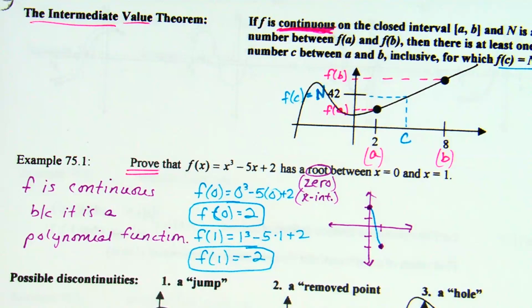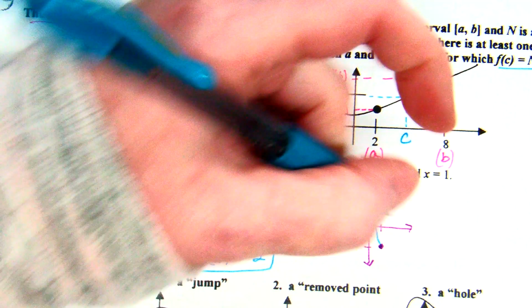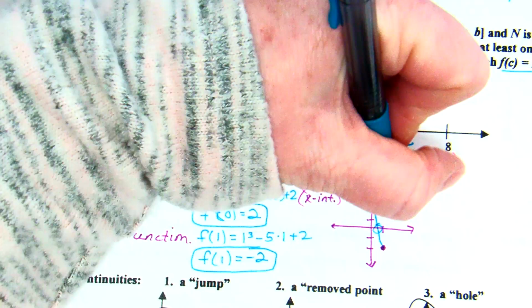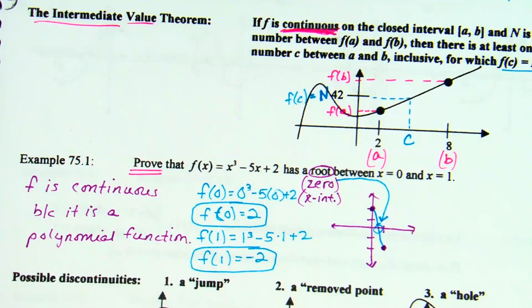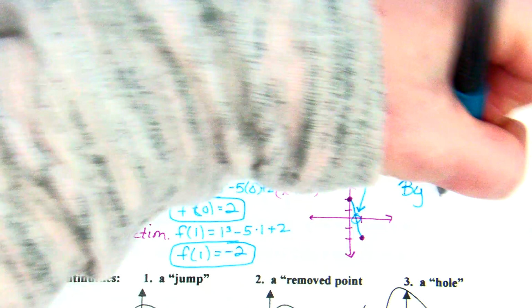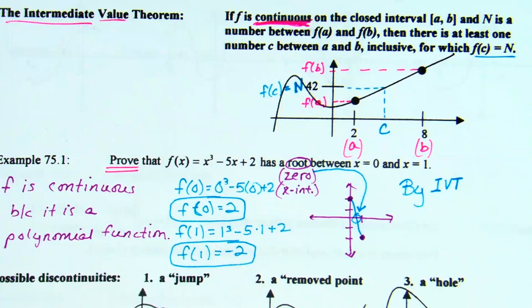Now, what just happened in this? We crossed the x-axis. So we have a root. And again, it was because it moved from being a positive y value to a negative y value. So by intermediate value theorem, we have just proved this. So I'm going to say by IVT. IVT stands for intermediate value theorem. That is an acceptable abbreviation to use even on an AP Calc exam. Okay? So by IVT,